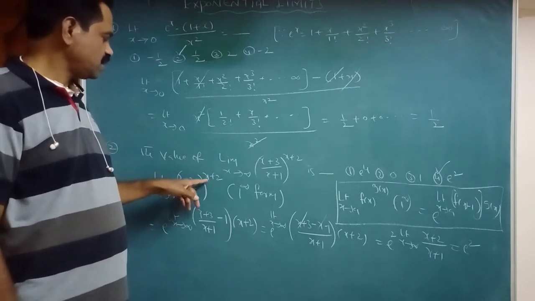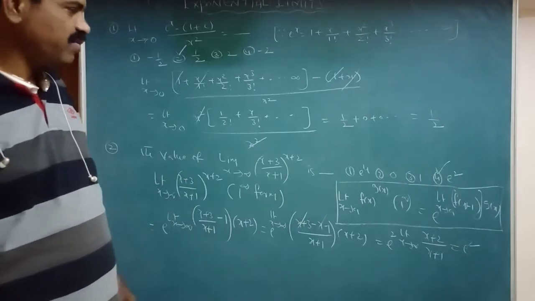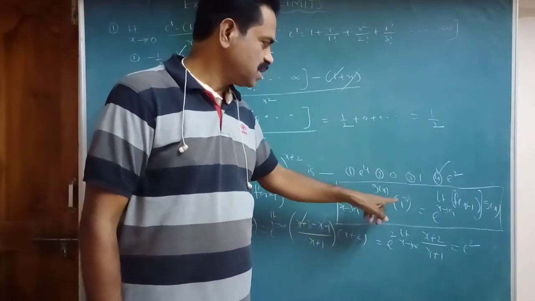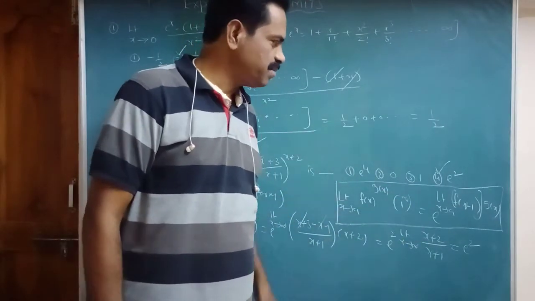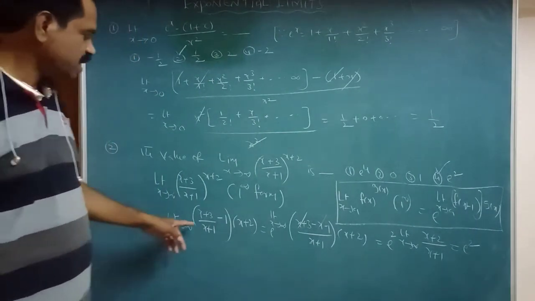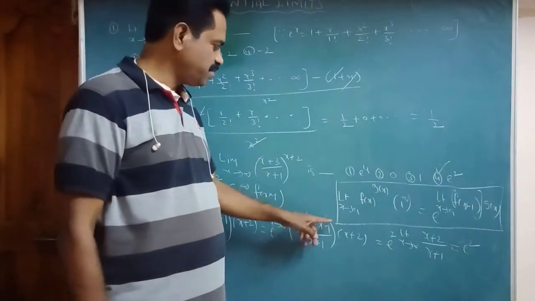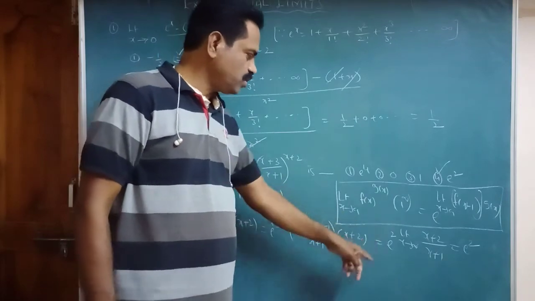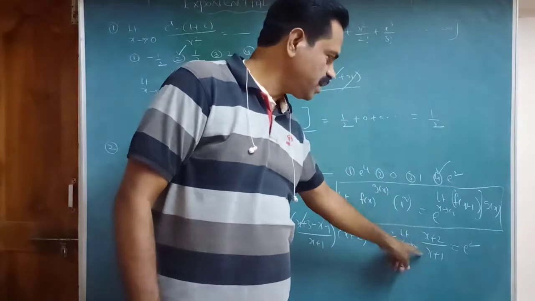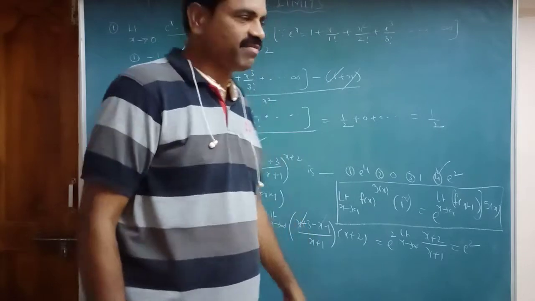So with x tending to infinity, it is of the form 1 power infinity. When you get the 1 power infinity form, apply this formula: limit x tends to a, f of x power g of x, that is 1 power infinity form, equals e power limit x tends to a, f of x minus 1 into g of x. Taking LCM here, x cancels, 3 minus 1 is 2, so e power 2 into x plus 2 by x plus 1. Here also m equal to n, so the coefficient ratio is the answer, that is 1, so e power 2 into 1 is e square.